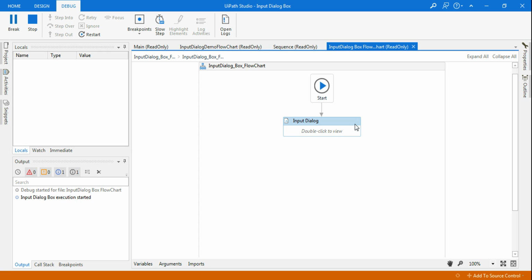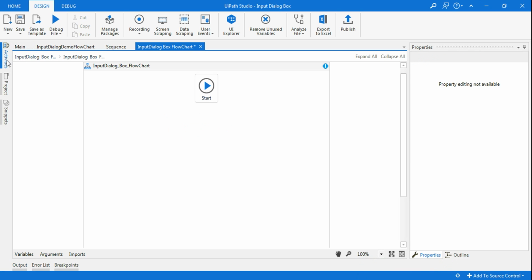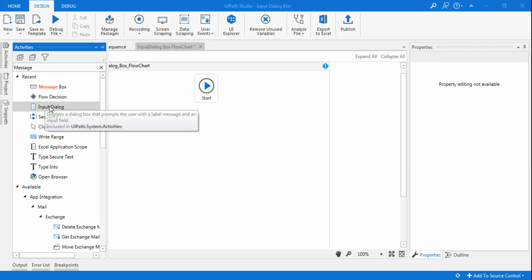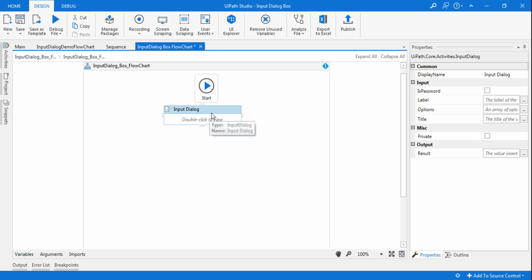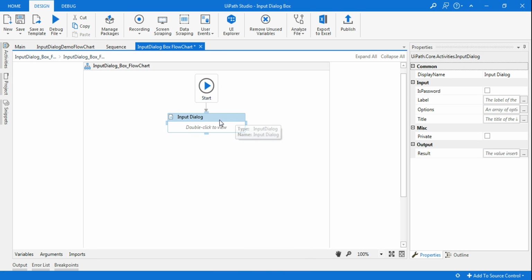All right, so let's do this. I'm going to create an input dialog box. Let me delete this one. Okay, so what I will do is drag and drop the input dialog box. Now, how do you design it? You understood from the previous video how to utilize the input dialog box, but this time I would need a